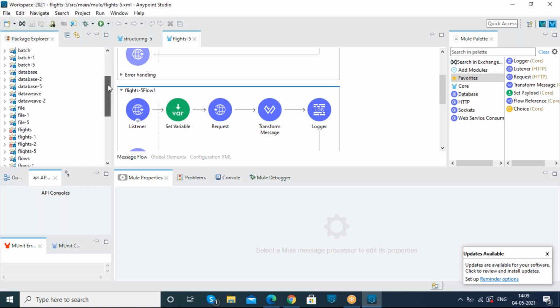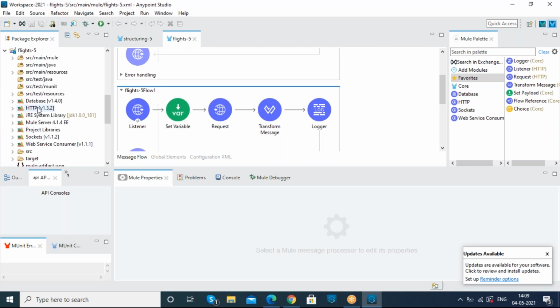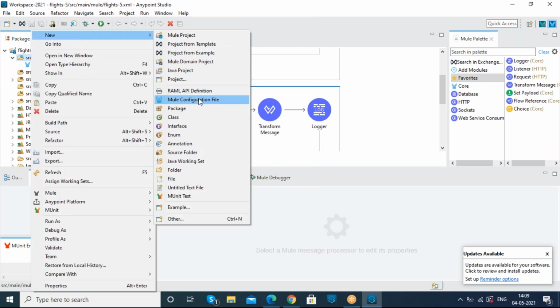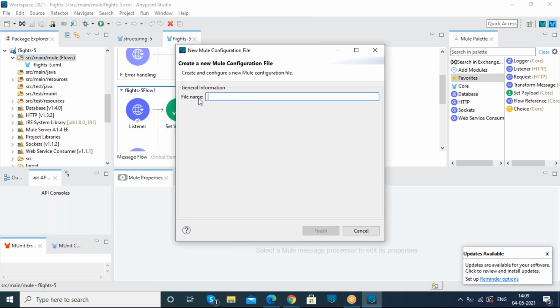under this Flights 5 project, I just want to create a new Mule configuration file where I am going to name it implementation.